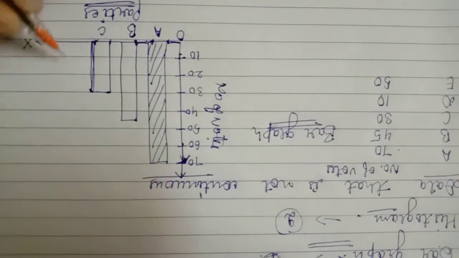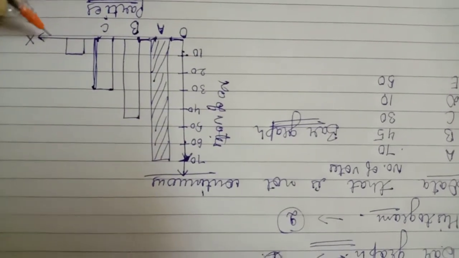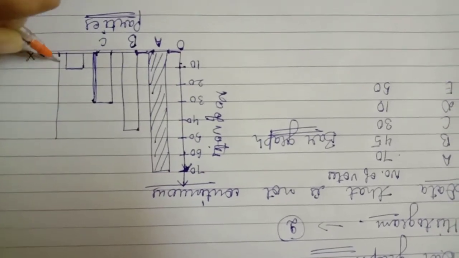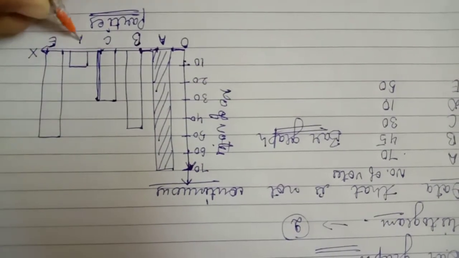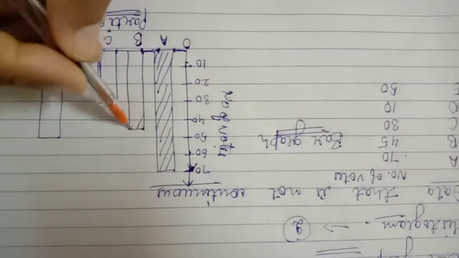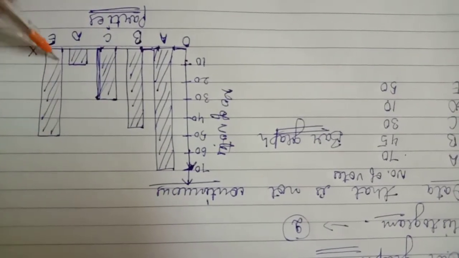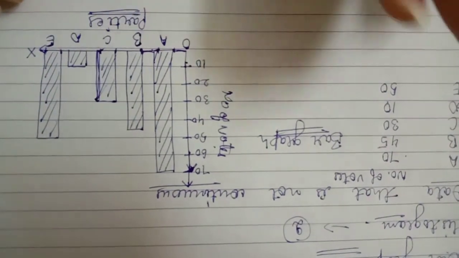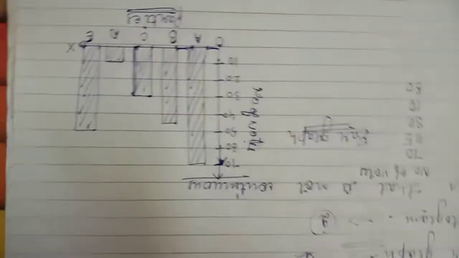D is 10. And E is 50. E is like this, and E is this 50. If you want, color these bar graphs, or show them with different colors as you usually do. Okay, this is a representation of data in a bar graph. Is it okay? And now next I am going to the next page.